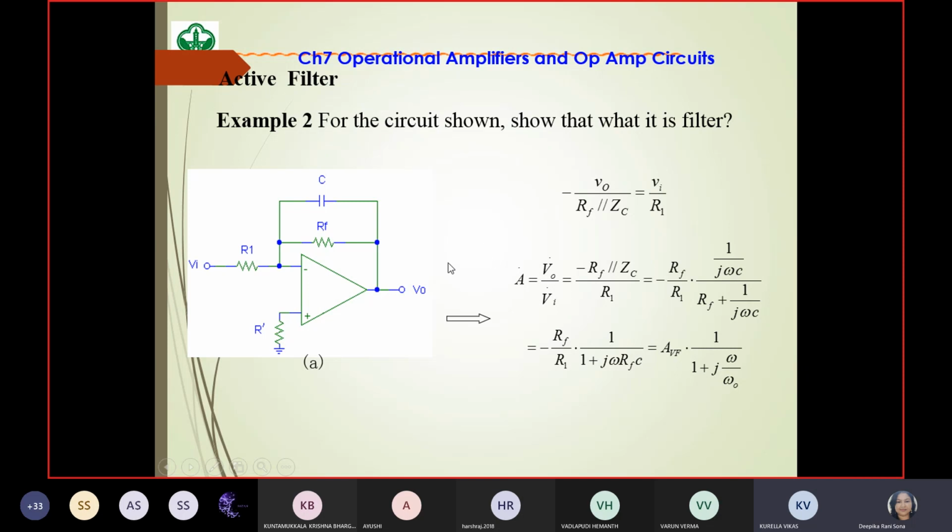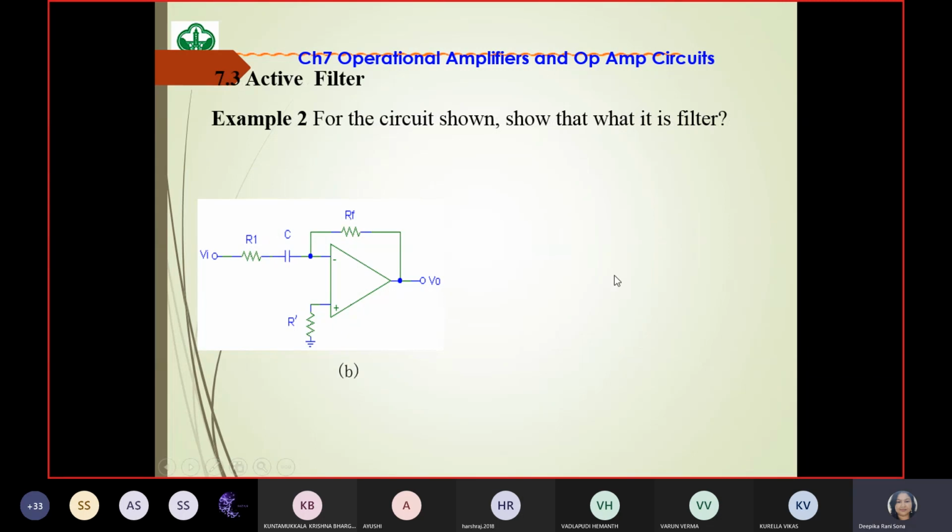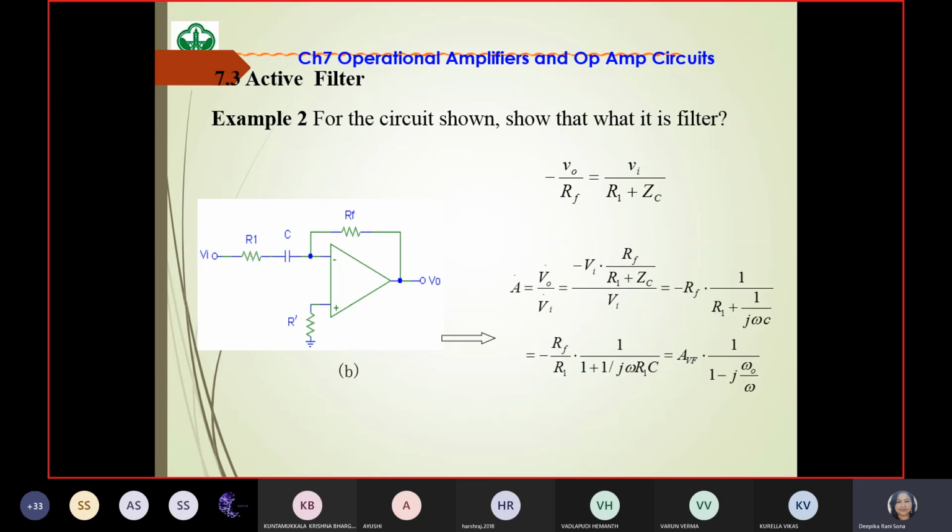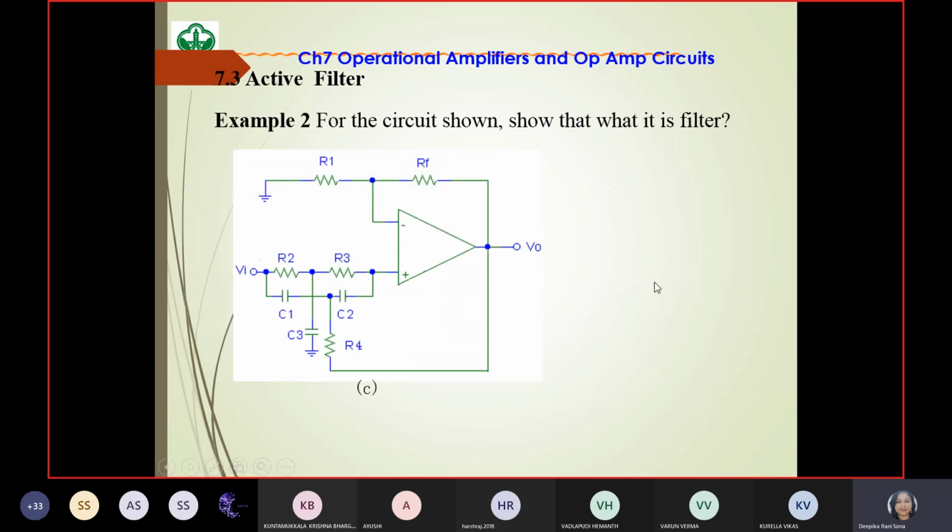You just lock your answer what you have replied me. And this one, what type of filter is this? Both are in series, right? R and C is in series. How do you define the circuit component? Same, guys, that jXC, how you are applying now. If it is in series, that concept you have to apply to find out the V naught by V in equation. Guys, sometimes we may not give you the direct filter circuit. You have to find out the gain magnitude equation. From that only you have to give the filter response, and from that you can easily find out what type of filter. This is the way to represent.